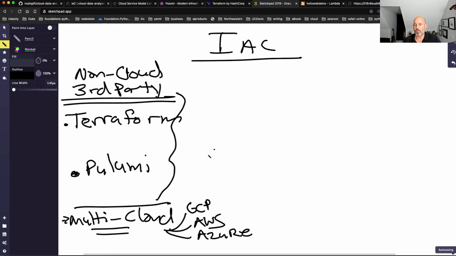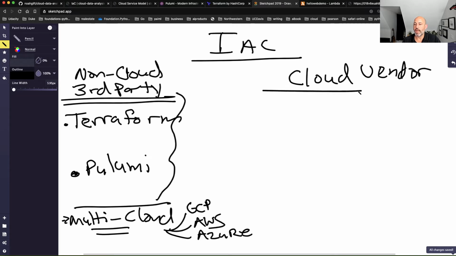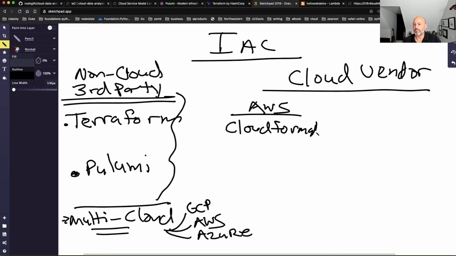And then you've got the cloud specific infrastructure as code, cloud vendor, and so these are a little bit different. And let's just compare. You've got on AWS, you could use CloudFormation, and so CloudFormation is their native language. It's a little bit verbose. I think it's a little bit much for me, but let's just show you this real quick.